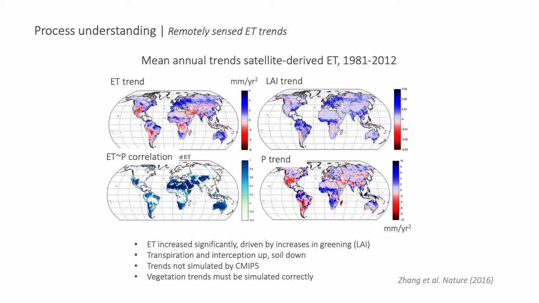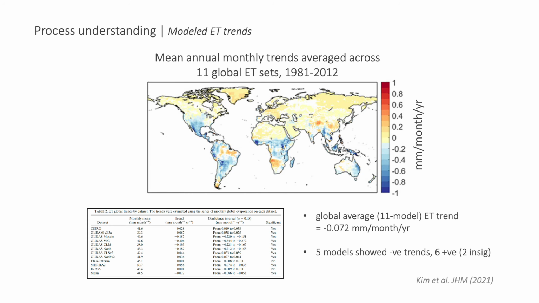But the significant point here is that these opposing trends are not simulated by most CMIP-5 models. And this highlights the importance of realistically representing vegetation changes in Earth system models for predicting future changes in the energy and water cycle. And as if to show the danger of relying on reanalyses for your actual ET and